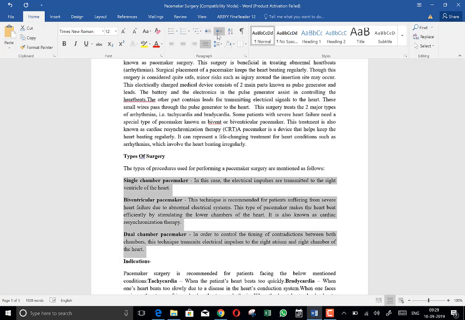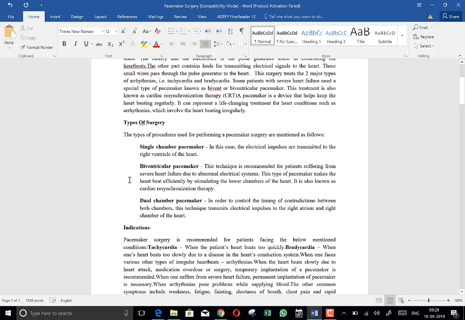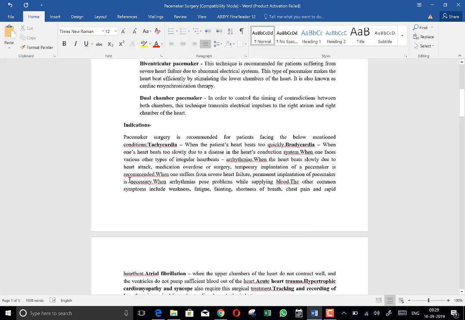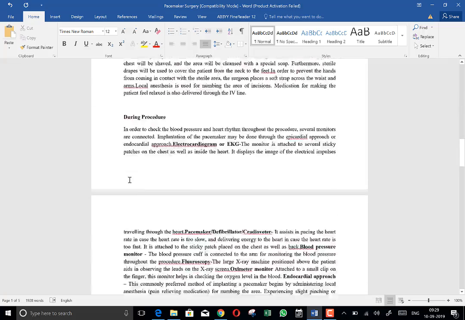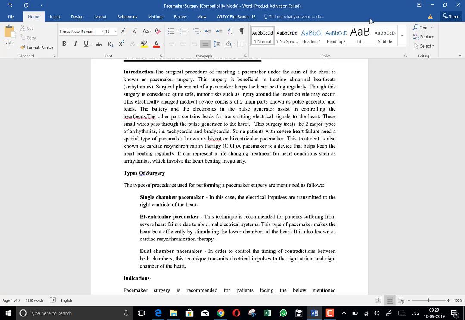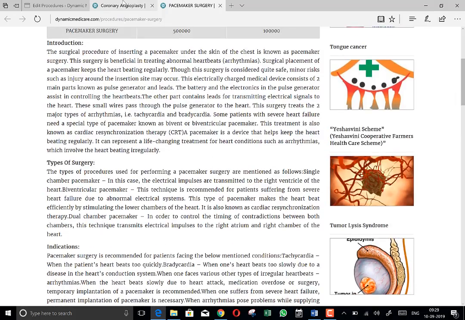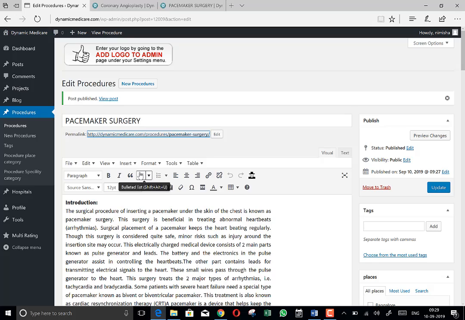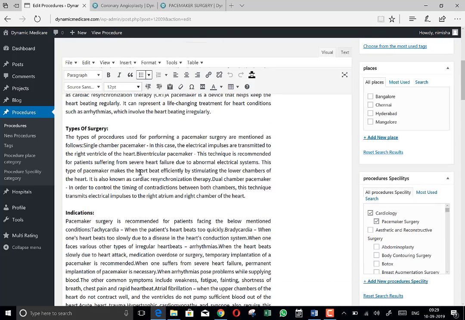Okay, so something like this, so that we can work on it in a better way. Okay, right, so that's how this is. This is under the types of surgery, right? We'll see how I can make that here. We'll go back to our pacemaker types of surgery. In this case we have single